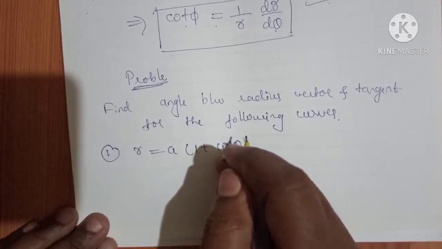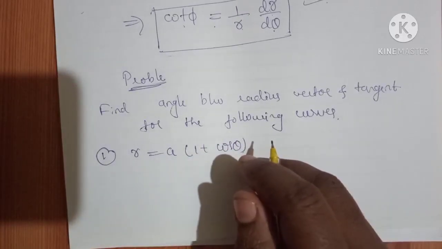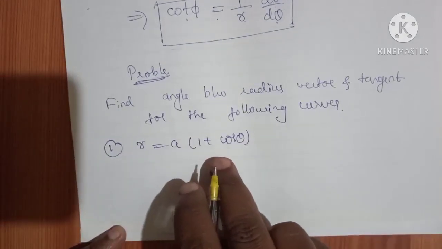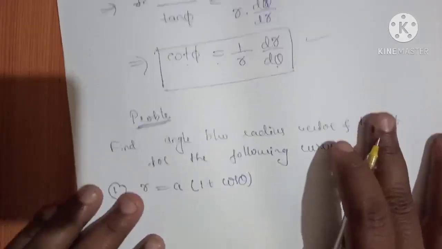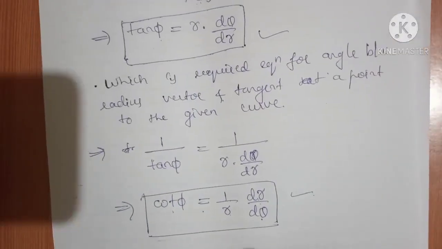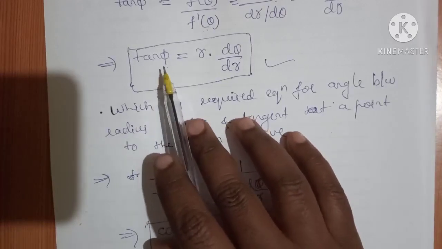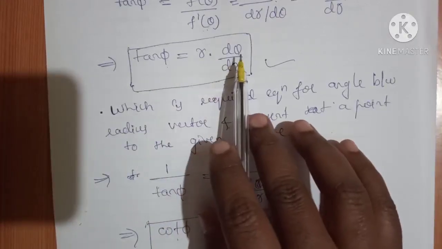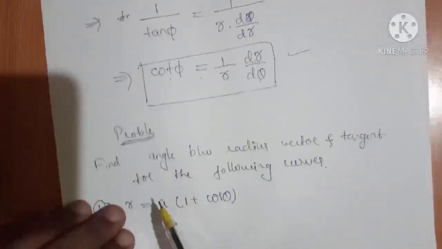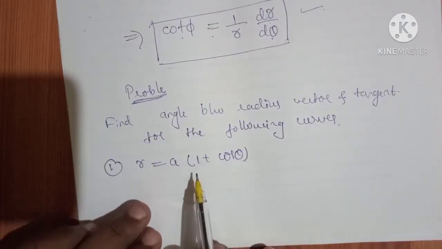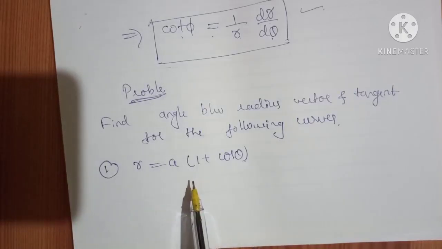So here, given curve is r equals a(1 plus cos theta). We have the formula for the angle between radius vector and tangent: tan phi is equal to r d theta divided by dr. So here, in order to get the angle between tangent and the radius vector,